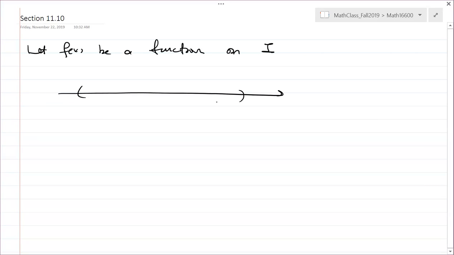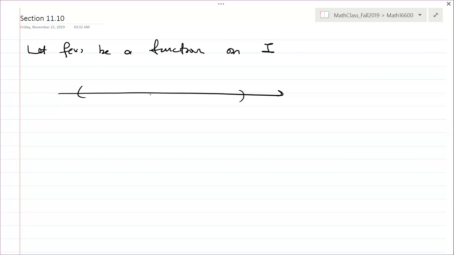Now, for example, it depends on where the point you choose is. If you choose the middle point of the interval, then you can express the function on the whole interval